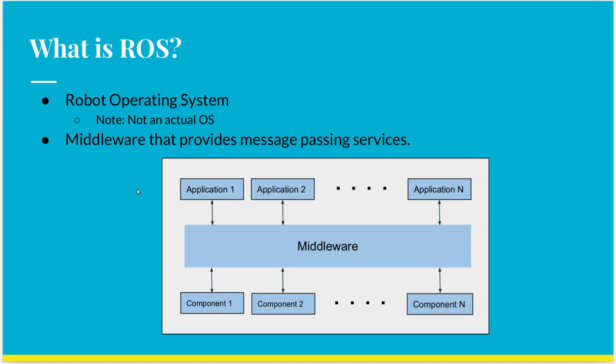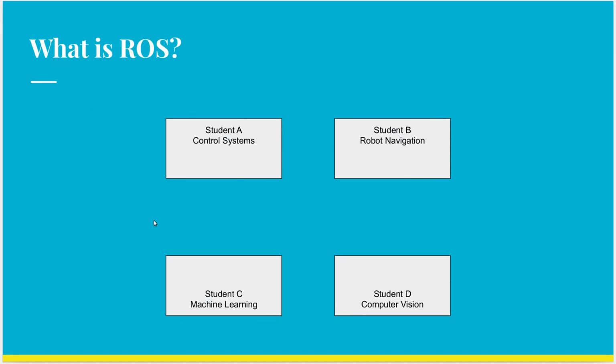This is somewhat similar to the tasks that operating systems perform, but operating systems like Linux and Windows are much more complex and have many other tasks that they need to perform. Whereas ROS only does a few things in a simple manner, which is why it can't be considered a full-fledged operating system. Now that we understand what a middleware does, we'll look at a scenario which will explain why ROS is actually required and why it was created in the first place.